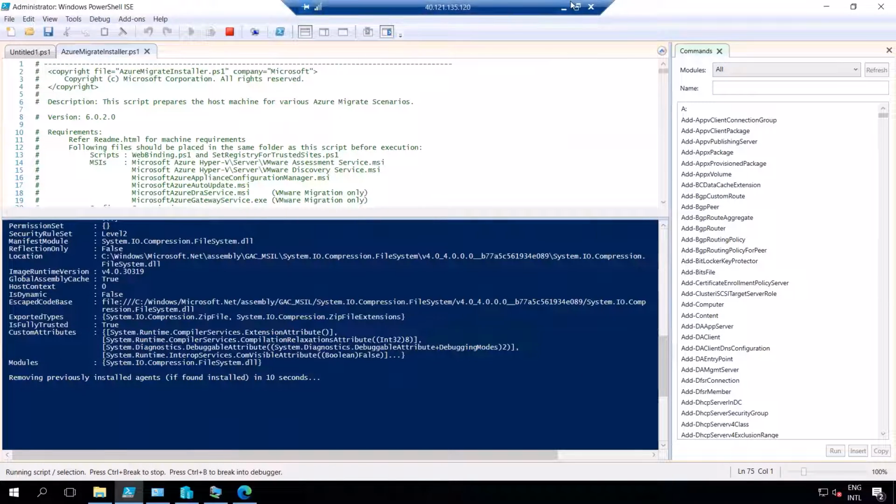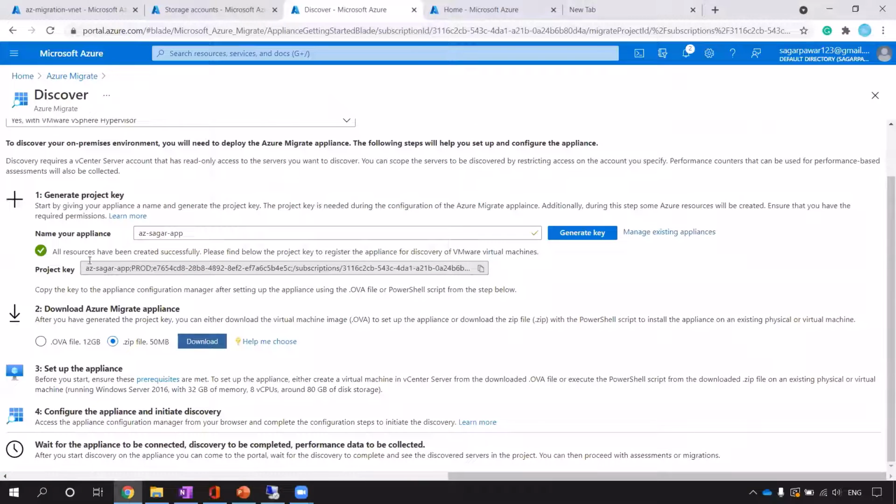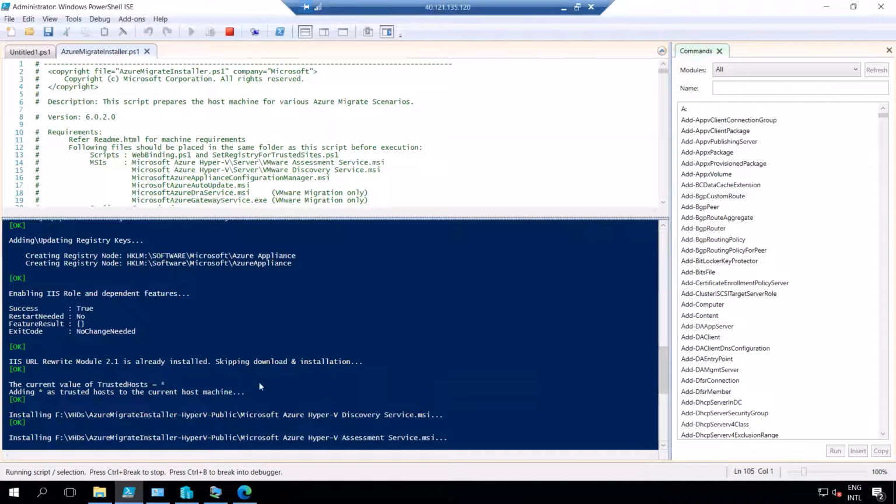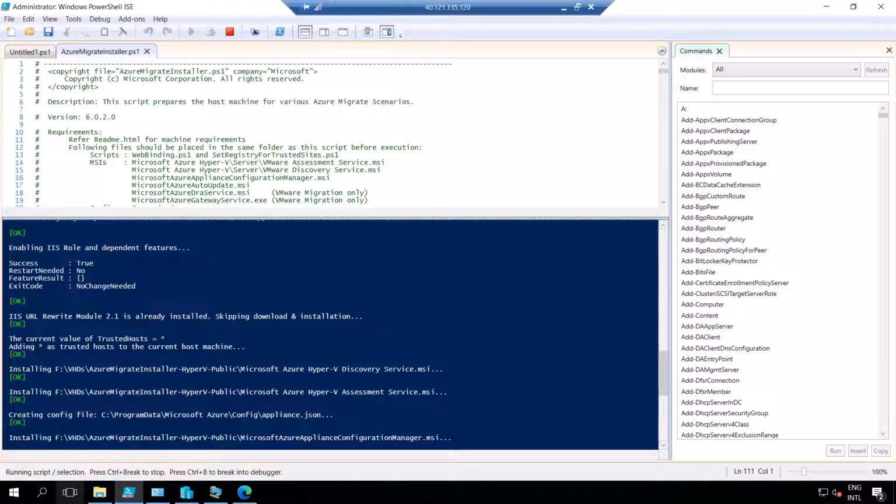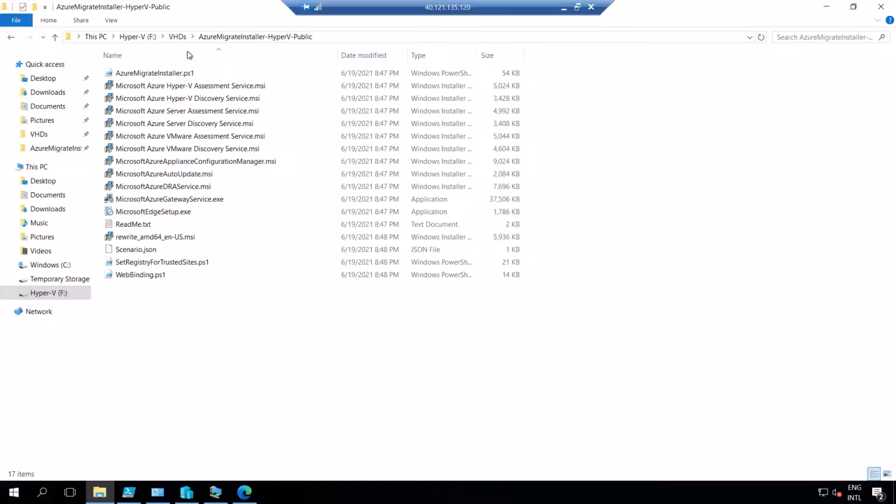So let me go back and see whether the key is generated or not. Yeah, I got the key. Let me copy this key and paste it somewhere, so it helps me use it when I require.